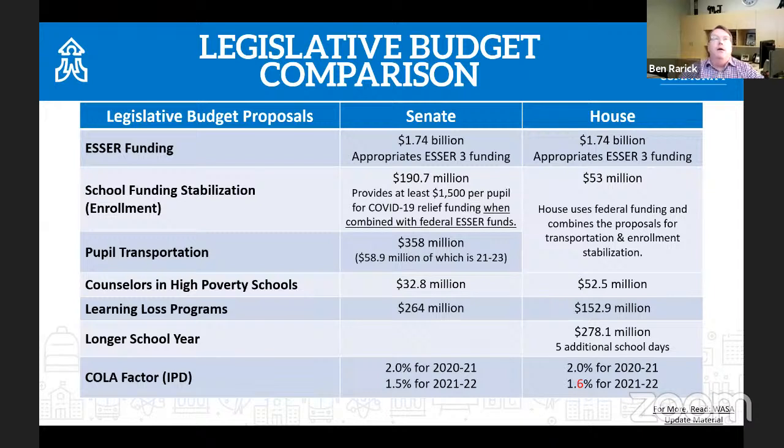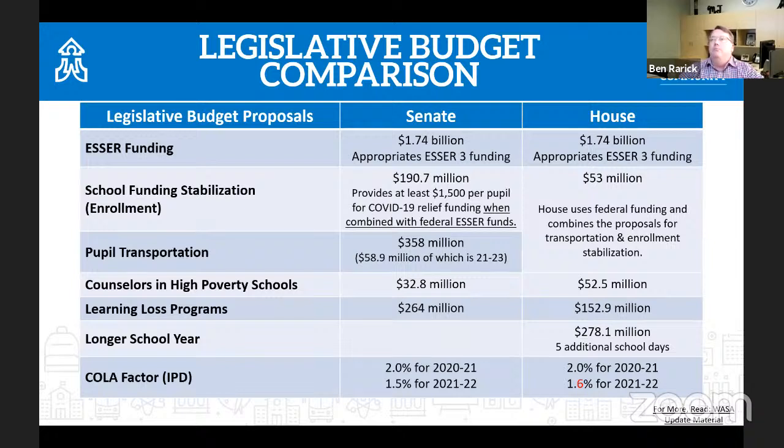Okay. So really hot off the presses, received some of the briefing materials from the legislature yesterday about the House and Senate proposals. I created this chart to give you a flavor for some of the high level things that were proposed. Generally speaking, if you see that both the House and the Senate are proposing something, it's going to probably be in the final budget. What's interesting is where the differences lie.